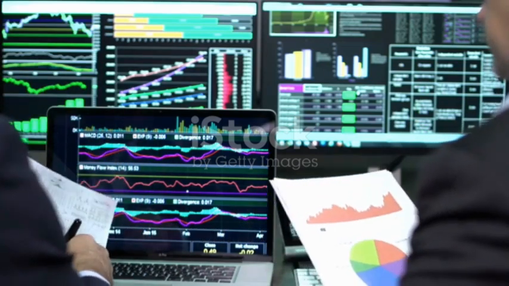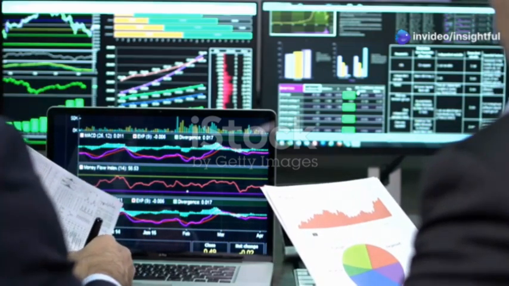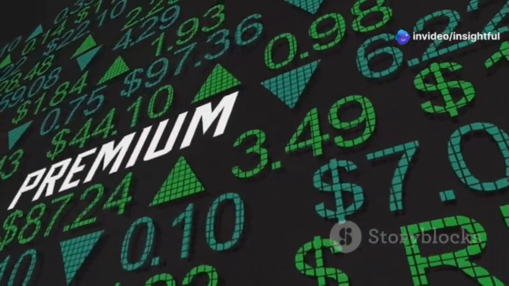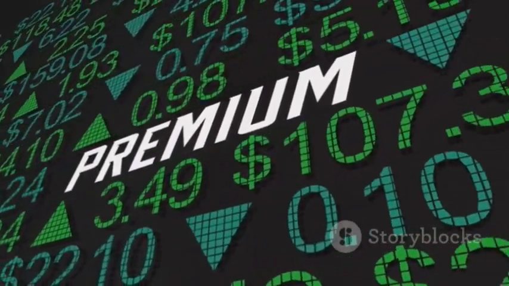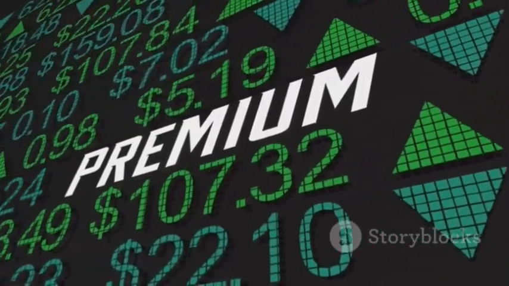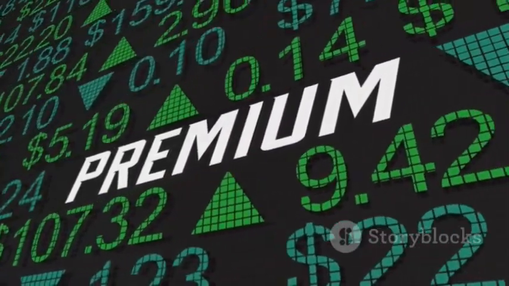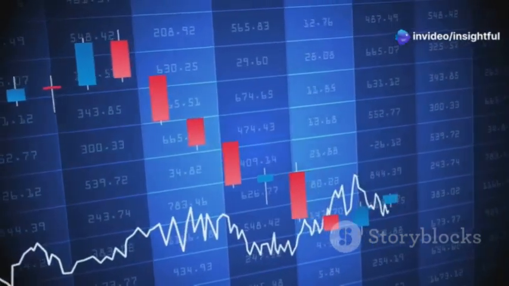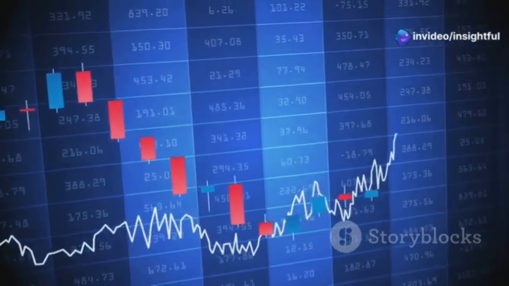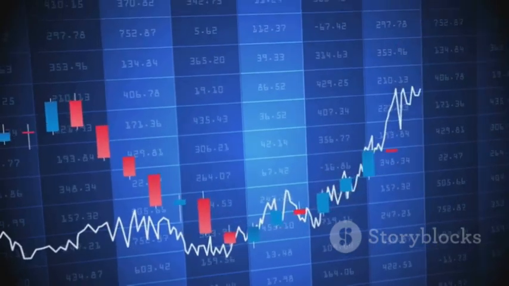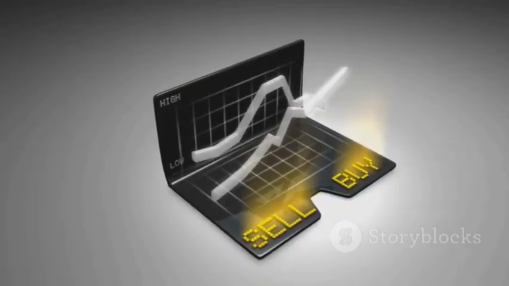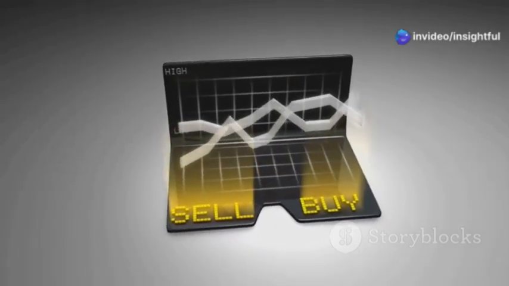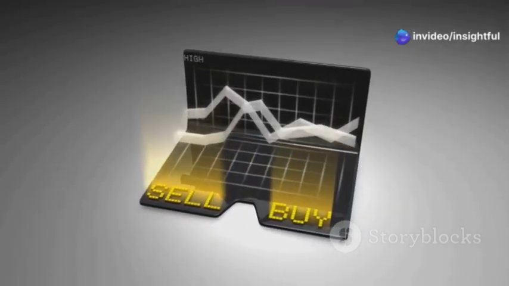While intrinsic value provides a tangible basis for option pricing, it only tells part of the story. The remaining portion of an option's premium is attributed to time value, a more elusive concept that reflects the potential for the option to gain value before it expires. Time value is influenced by several factors, including the time remaining until expiration, the volatility of the underlying asset, and interest rates. The longer the time until expiration, the higher the time value, as there's a greater chance for the underlying asset's price to move in a favorable direction.